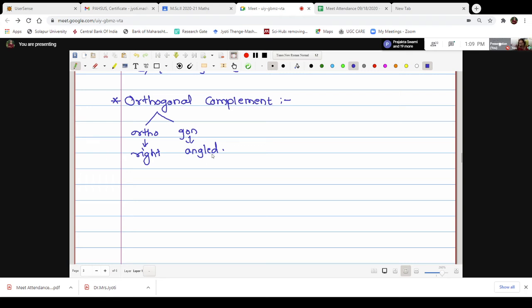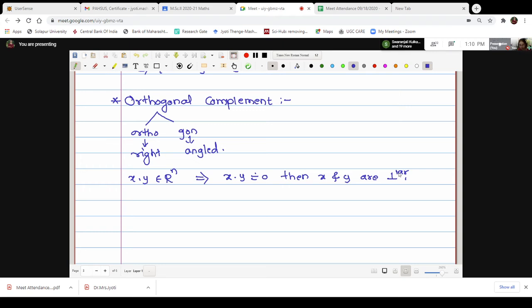What is the condition for two vectors to be perpendicular? Yes, the dot product is 0. Suppose I am taking any two vectors x and y in the Rn space, then if x dot y is equal to 0, then x and y are perpendicular. Here in this topic we are just extending the same condition. The dot product is one special kind of product we are using on the Rn spaces, and that dot product we have now generalized to inner product spaces, inner product in the Hilbert spaces.